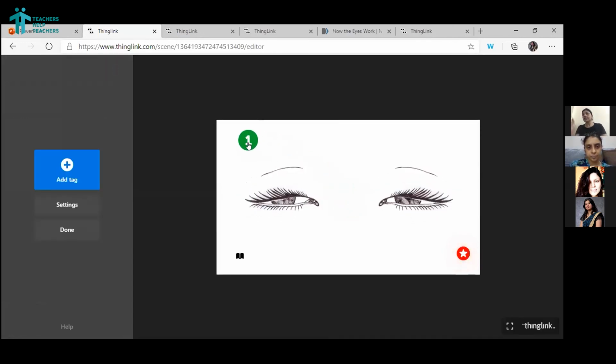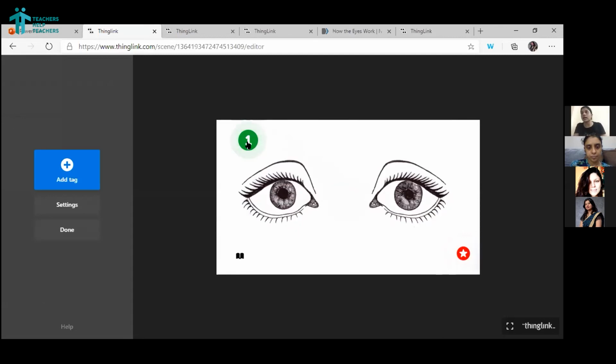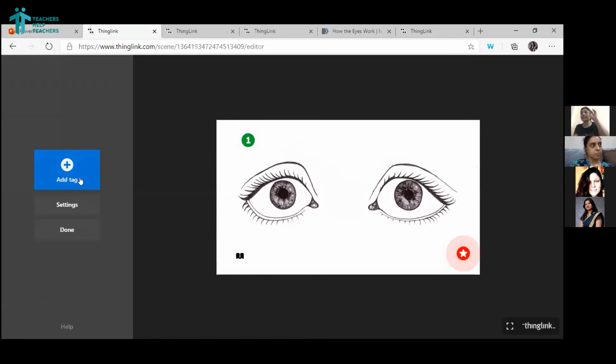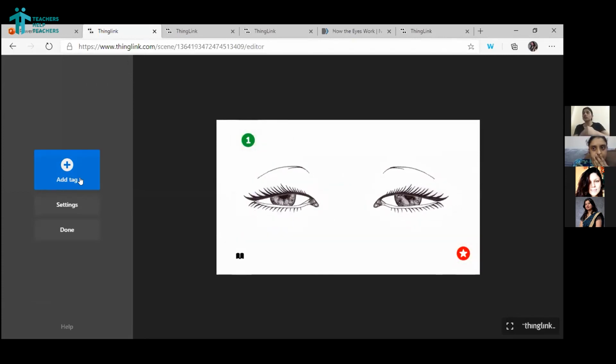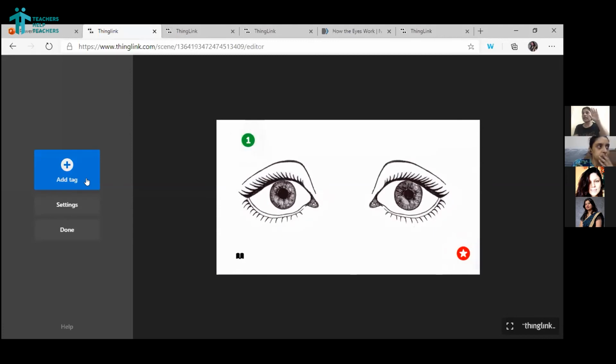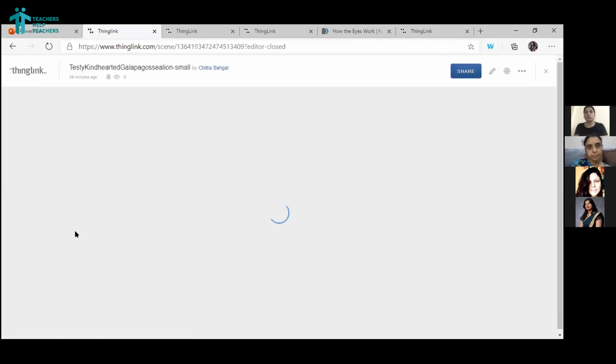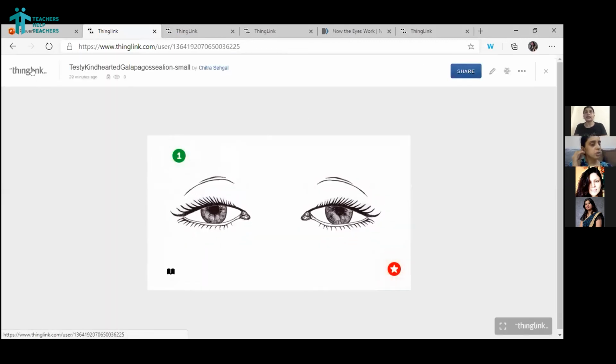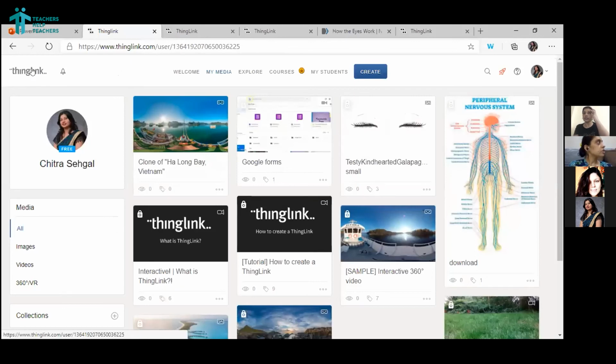So somebody was asking how we can number the instructions so that the child is clear which one to look at first. That is how it is to be done. And make sure your tags are done properly, ma'am and sir, those who were saying there's something wrong with the tags not working. Go back to the picture again, reopen it, visit your tags again, hover your mouse and check, is it working for you yourself? Don't try to first share it. Try to check it in your own browser. Are the tags working? If they're not working for you, they will not work for anyone. So now this is done. I was talking about videos, right? I have just copied one video on my desktop.